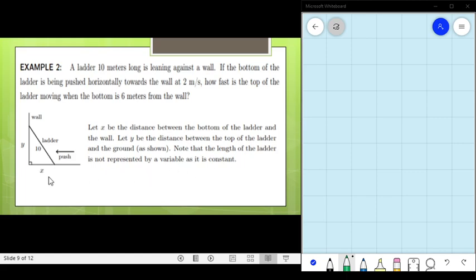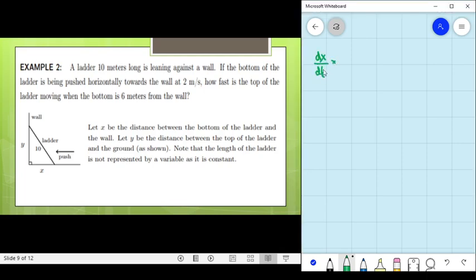Since x is decreasing, because the bottom is being pushed closer, dx over dt is negative 2. Okay? And then the dy over dt,